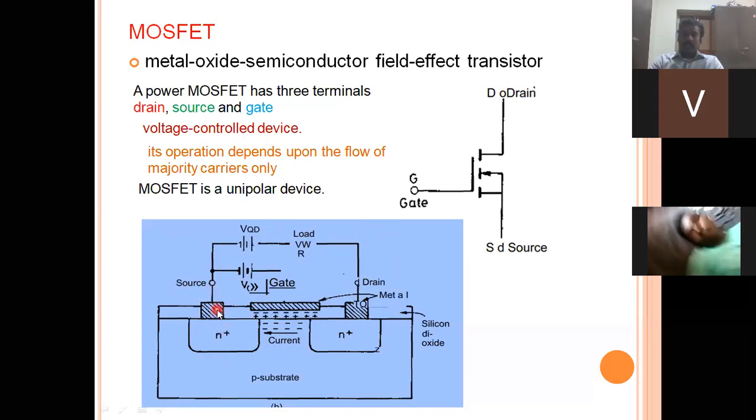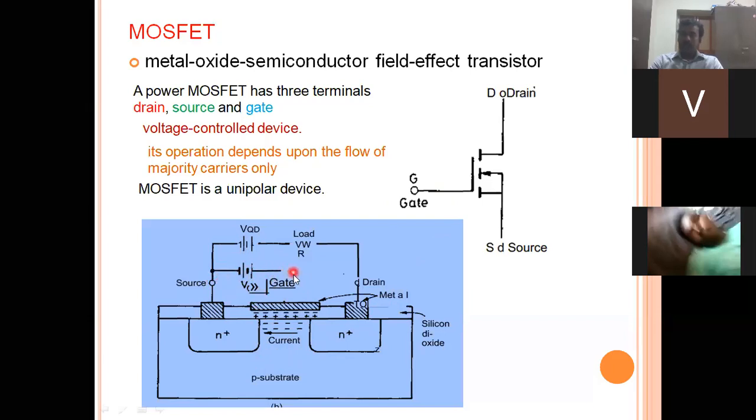Okay, in this case, for the operation, whenever you need to make the current conduction, the junction should be forward biased. For making the forward biasing of the junction, we are going to connect a very small potential source, that may be 2 volts, 3 volts, or 5 volts, like that. That potential source is going to be connected between the source and the gate.